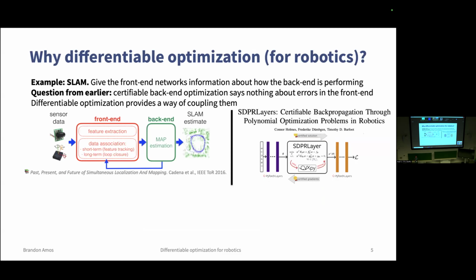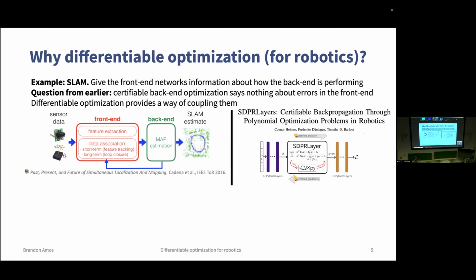So I wanted to connect back to something from the first talks today on SLAM and other kinds of estimation problems. There was actually a question from the earlier session that I thought was a good example for differentiable optimization. It's in some of these estimation systems like SLAM that have some perceptual front end with learned components extracting features, and some back end that's actually solving the SLAM or other alignment or estimation problem.